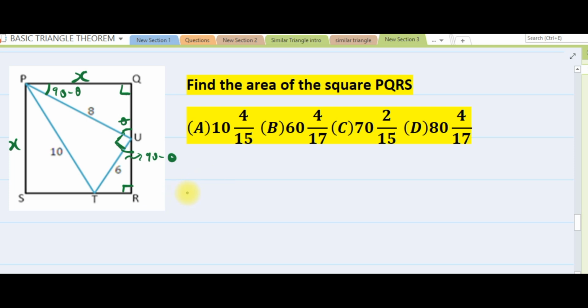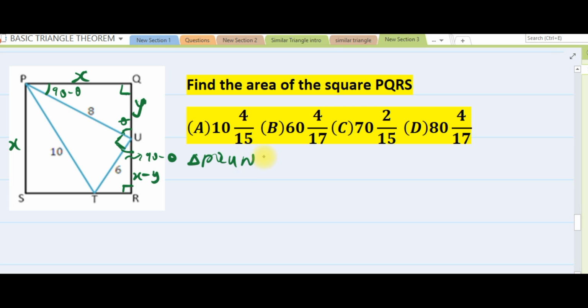So we have to solve this using similar triangles, because our main aim is to find x. That's the answer. So let's call here y. Here should be x minus y, because the sides are congruent. So let's apply similar triangles to find the value of x. I'm comparing this small triangle with this triangle. I'm saying that triangle PQU